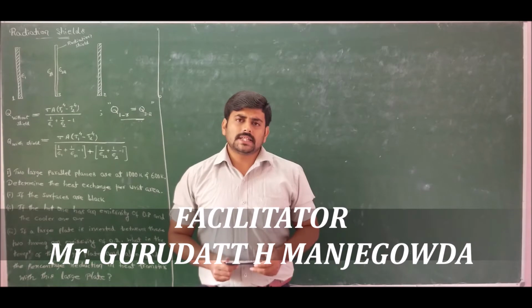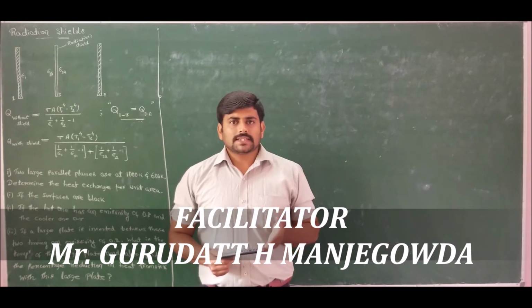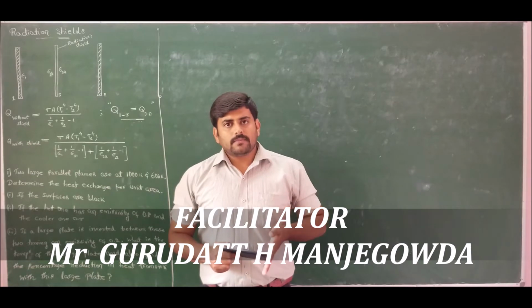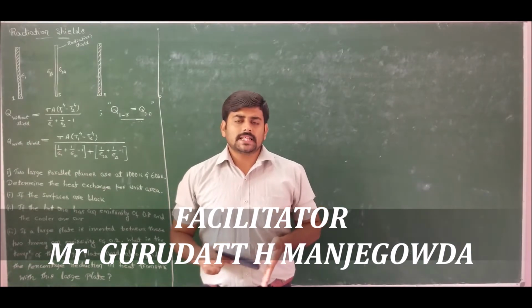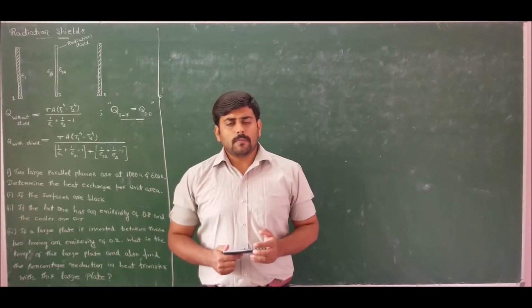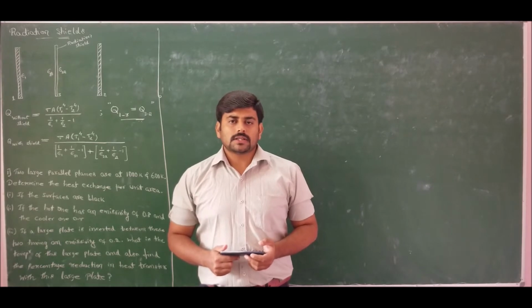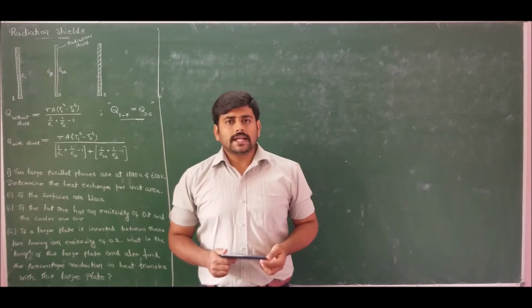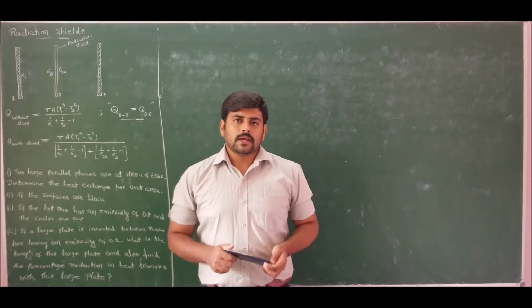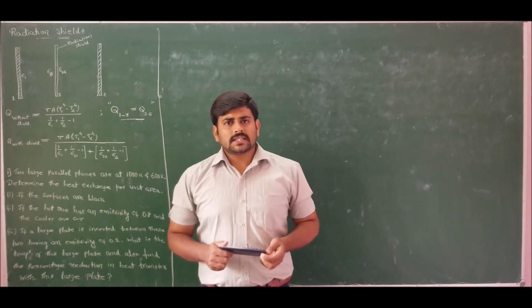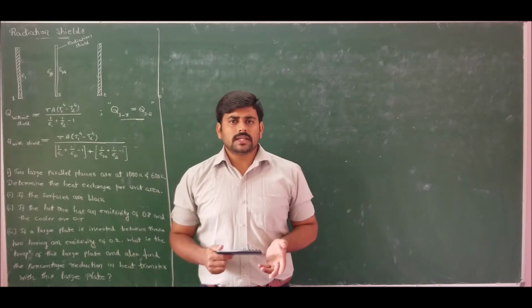Radiation shields are plastic sheets coated on both sides with highly reflecting materials, which are employed between the surfaces in order to reduce the radiation heat transfer between the surfaces. A very important application of radiation shields is that they are popularly used in cryogenic containers, because as we all know, cryogenics deals with very low temperatures, hence there will be a high temperature gradient between the environment and the cryogenic material like liquid nitrogen. So in order to reduce the radiation heat loss, we use radiation shields in cryogenic containers also.